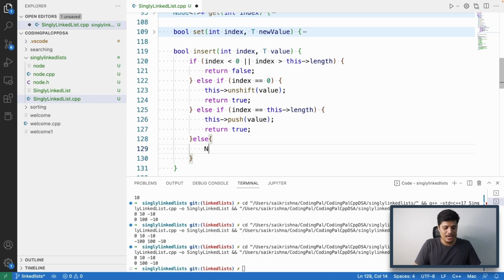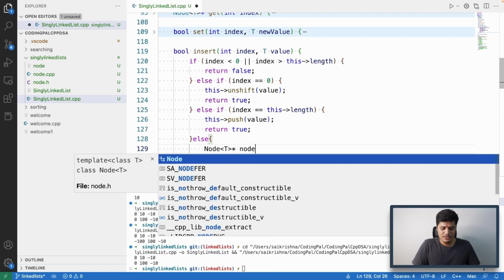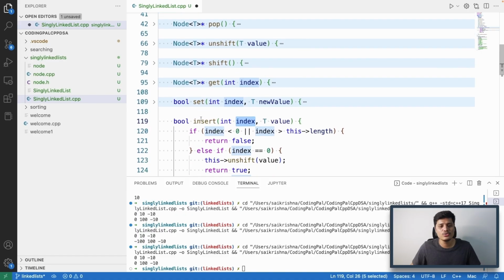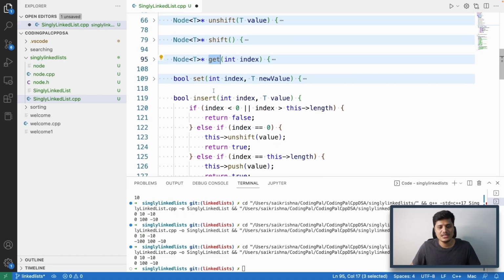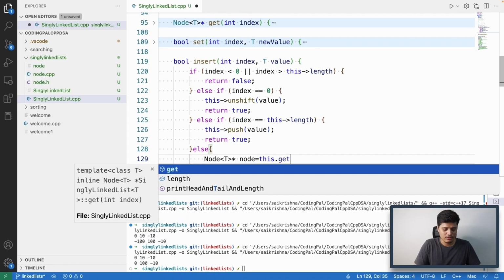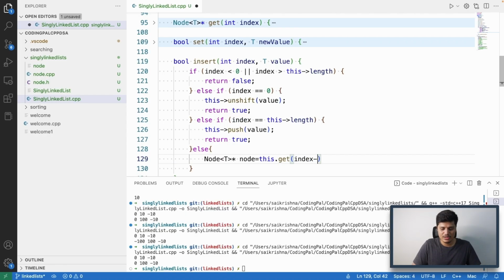So here let me read the node before whatever index the user has passed. Let me just do const node, and read it into one variable called node. To get the node before the index given by the user, I will reuse the get function that we have already implemented, this.get of whatever index is given by the user